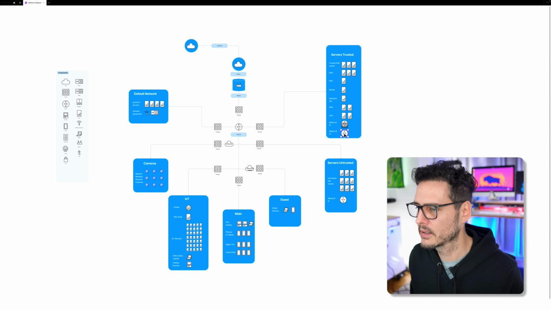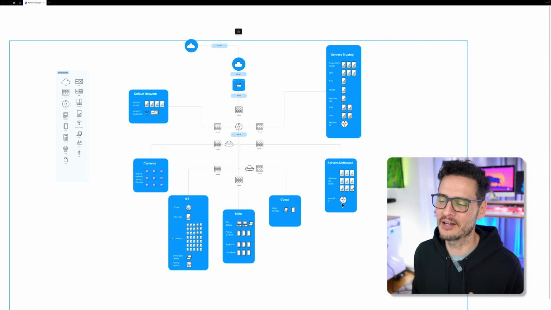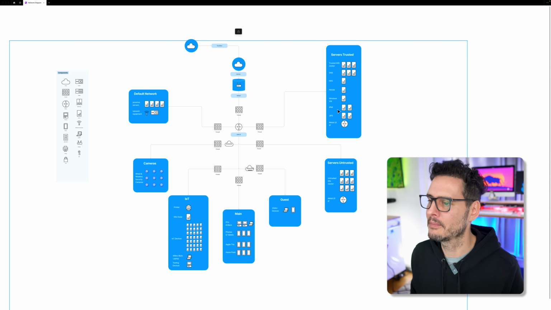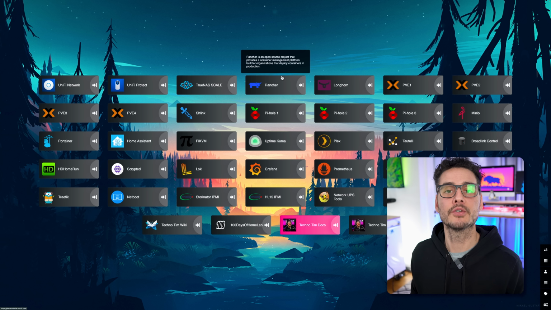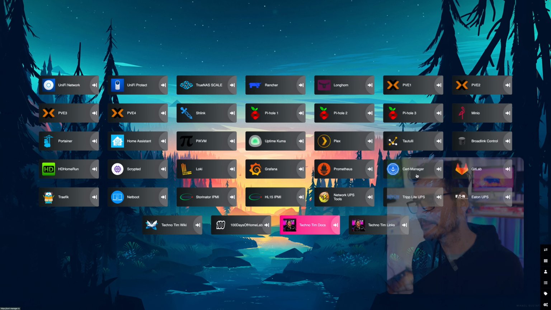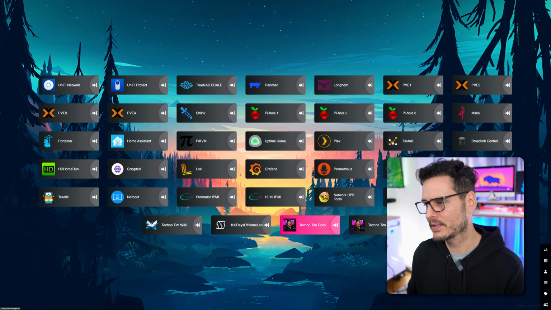Actually, I made a mistake because these 2 are supposed to be down here. Whatever, I'm not gonna mess with the tool right now. But I actually have 2 MetalLBs in my untrusted, not in my trusted. But yes, I'm still using Traefik as my reverse proxy, and I'm also using Cert Manager along with that. Cert Manager is a Kubernetes service that helps me provision and store my certificates as secrets.